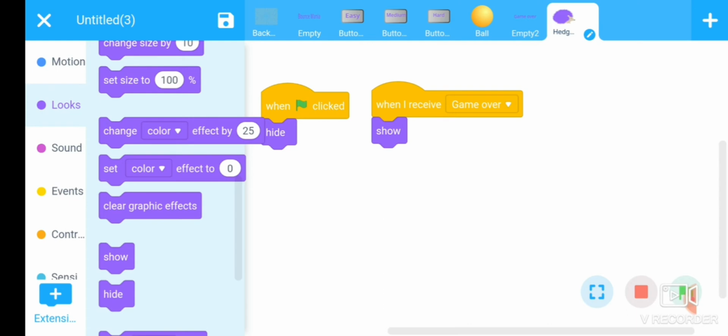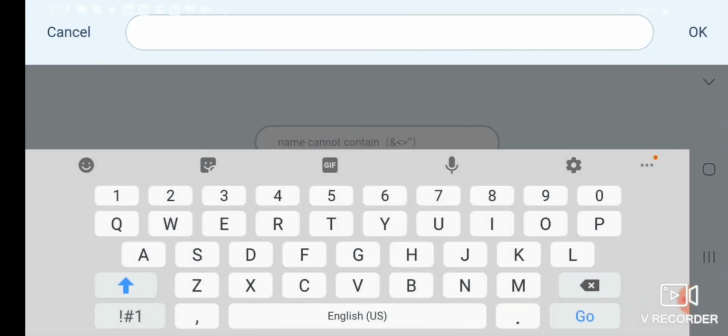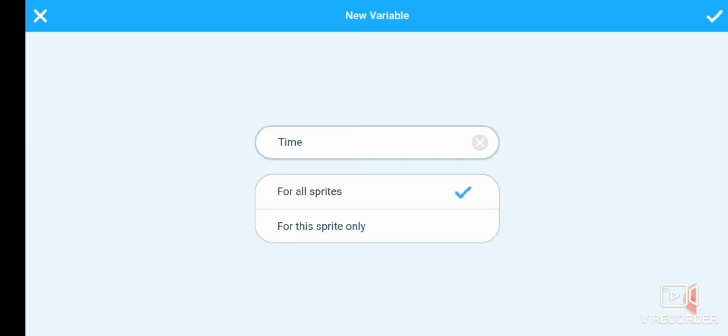What should happen here? We want to generate a time variable that indicates how much time we have to stay in the game, or how long we have to continue to run the game. Go to the variable section, make a variable here, time, which indicates the time taken by the player to play the game.